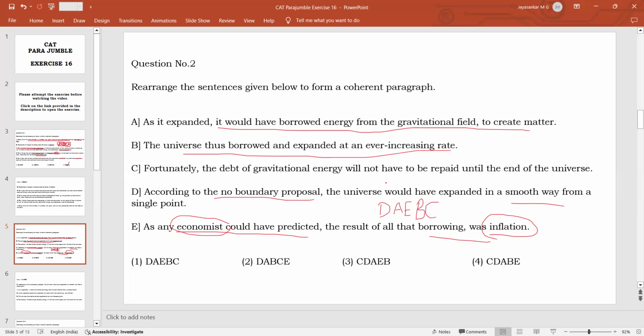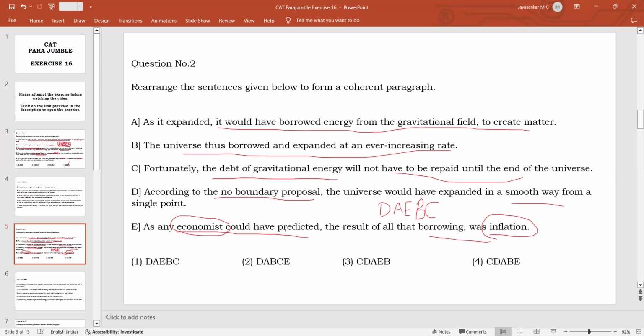That is the meaning. So here, fortunately, the debt of gravitational energy, or whatever you have borrowed as gravitational energy, will not have to be repaid until the end of the universe. So when a point comes when this gravitational energy is repaid by the universe, what will happen? The universe will end. That is the meaning. So that is where DAEBC is the correct sequence, because the only problem you might have is regarding where